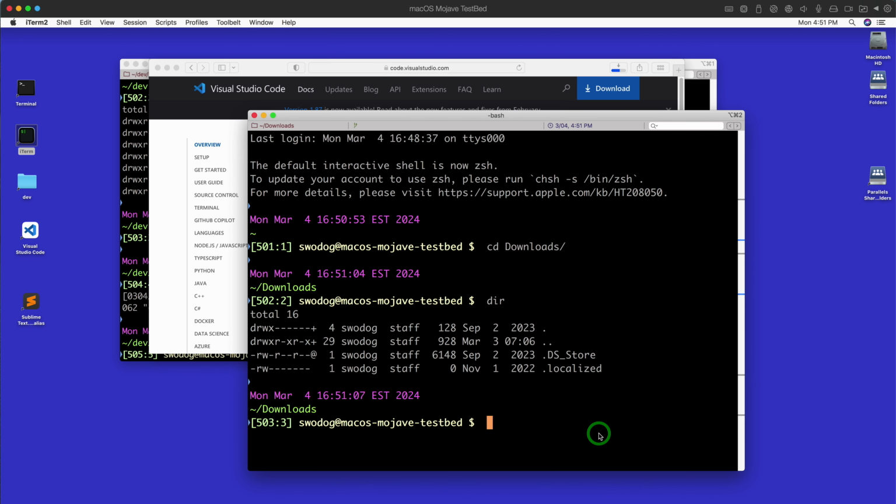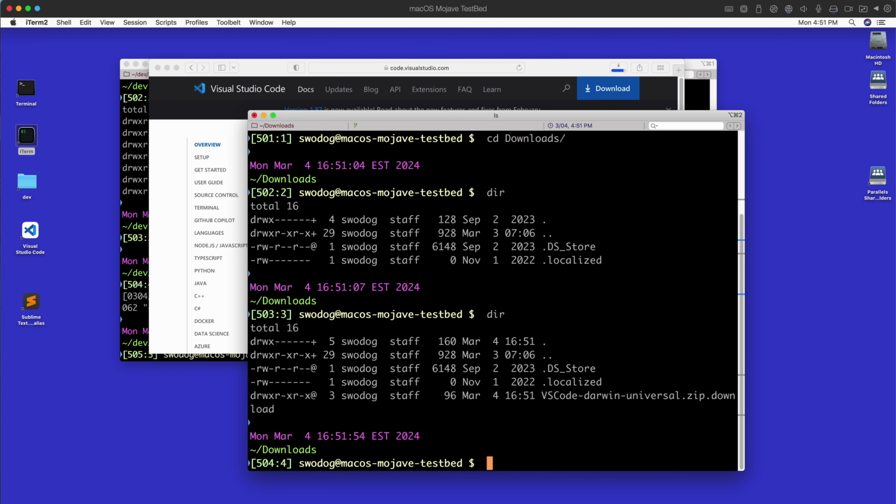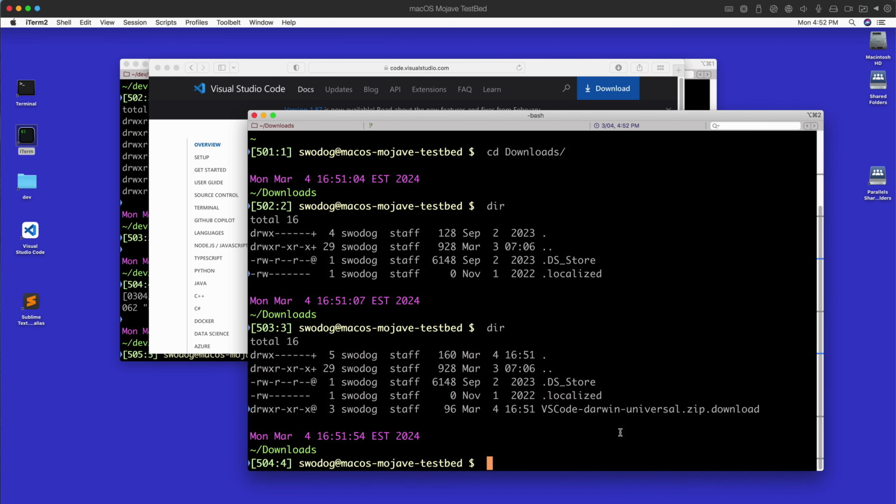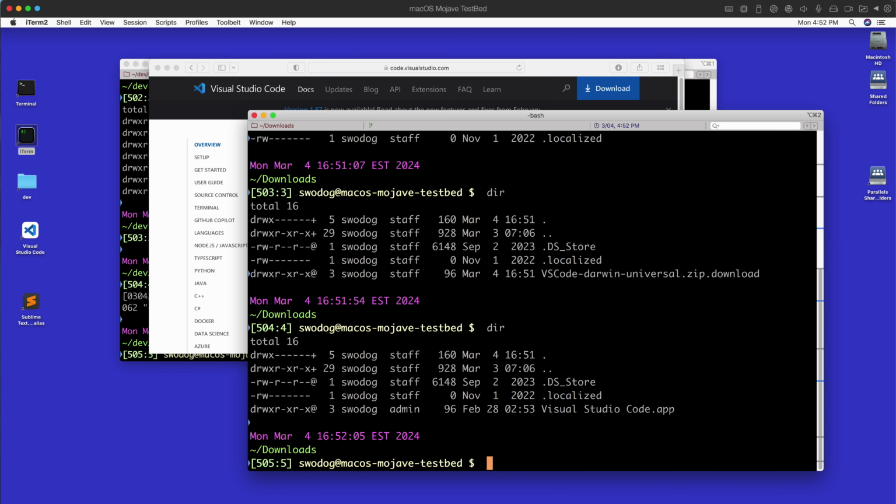So if I go to my downloads folder, and now you see that I have the, now it will unzip it automatically. So dir. So that's what you get. When you download it, it downloads the zip file, automatically unzips it, and it gives you the Visual Studio Code. Now there's spaces in there, okay? And that's okay. But what you have to do now is drag that Visual Studio Code app or copy it,